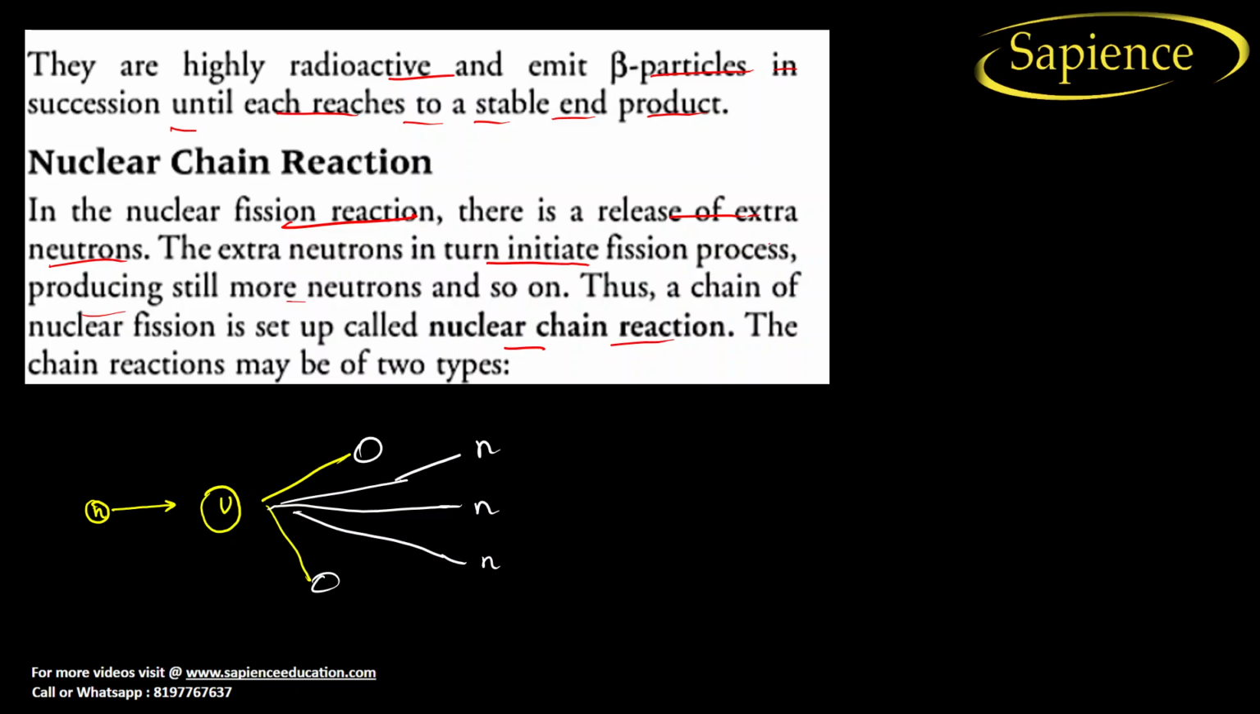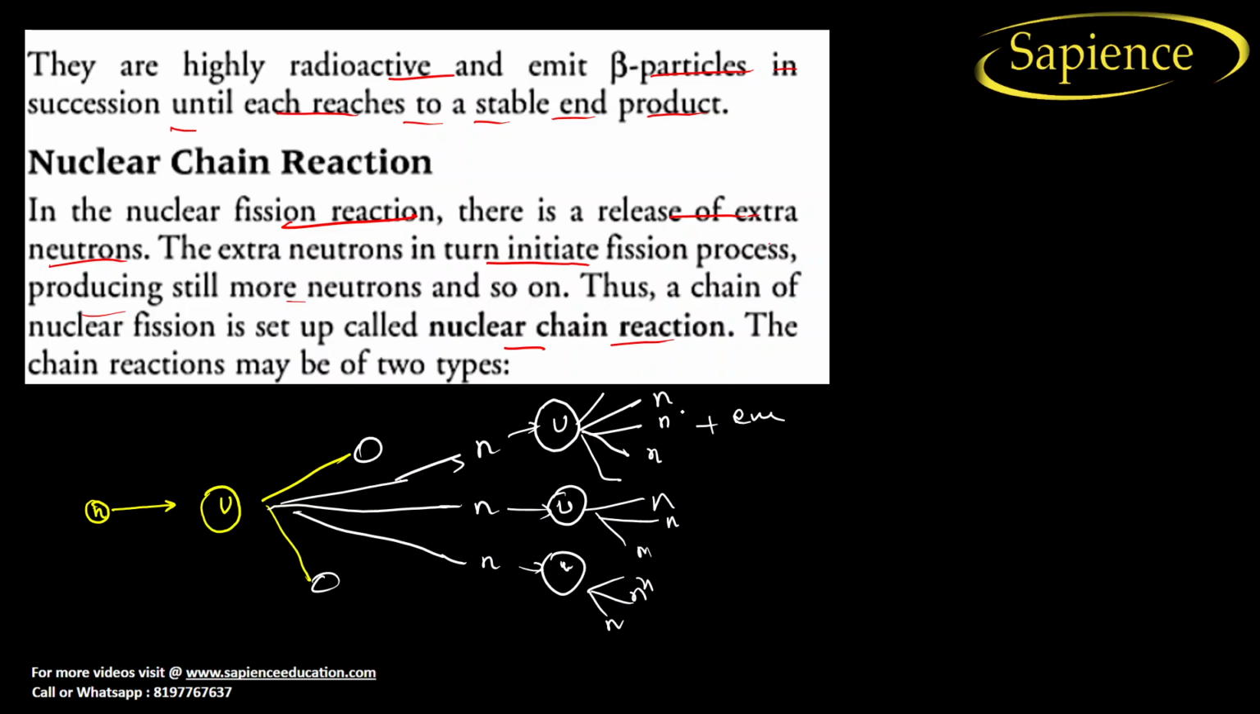Now, as there are lots of uranium atoms, if another uranium is present like this, what will happen? This neutron will strike this uranium, this neutron will strike this uranium, and this neutron will strike this uranium, and again each will split into three neutrons, as well as two lighter nuclei, as well as energy, right? So what will happen? Each and every one will again release